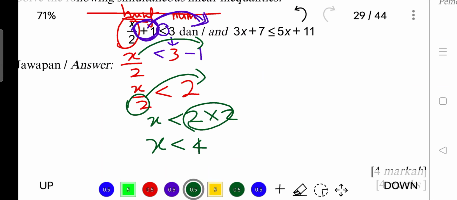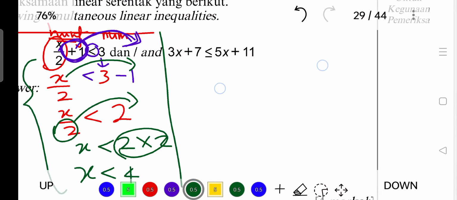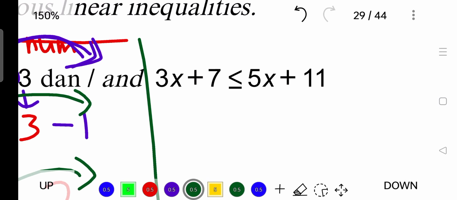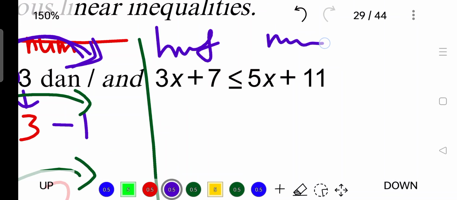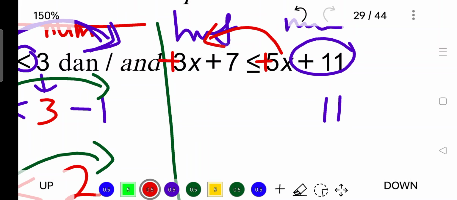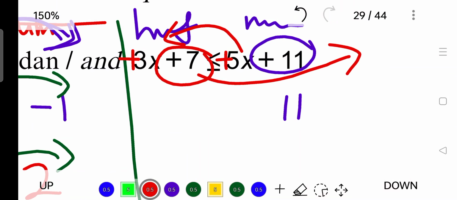All right, here I leave the left hand side over there, and for my right hand side I'm going to do another working. Okay, as usual, this one I label as huruf, this one I label as number. All right, so plus 11 is at the correct place, but my 5x, I put a plus at the front, right? So it's easier for me to drag him over to the other side. This plus 5x is at the wrong side, and this plus 7 is at the wrong side. So this plus 7, I bring it over